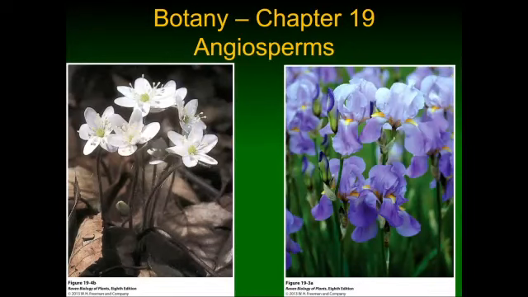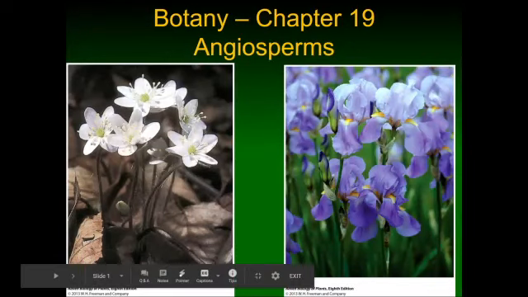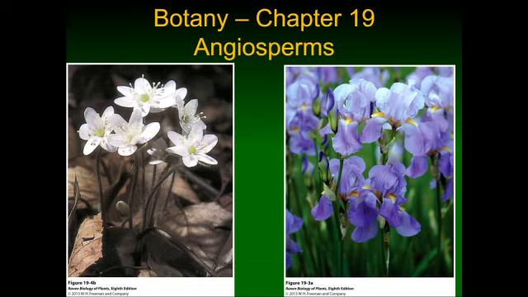So we're going to be talking about angiosperms. And angiosperms are the plants that are the most economically and ecologically important plants on Earth. Now, they were kind of late to the party, geologically speaking. They didn't appear until about 2/3 of the way through the era of dinosaurs. But once they did appear, they really changed